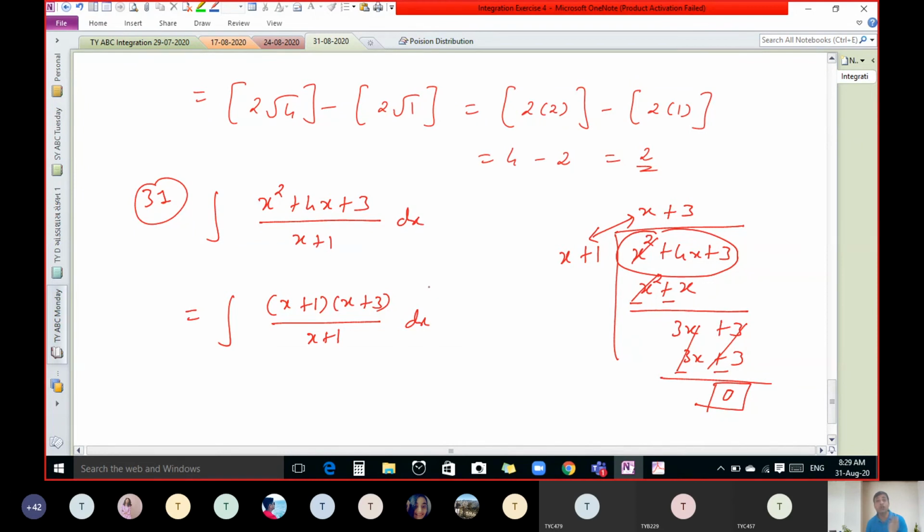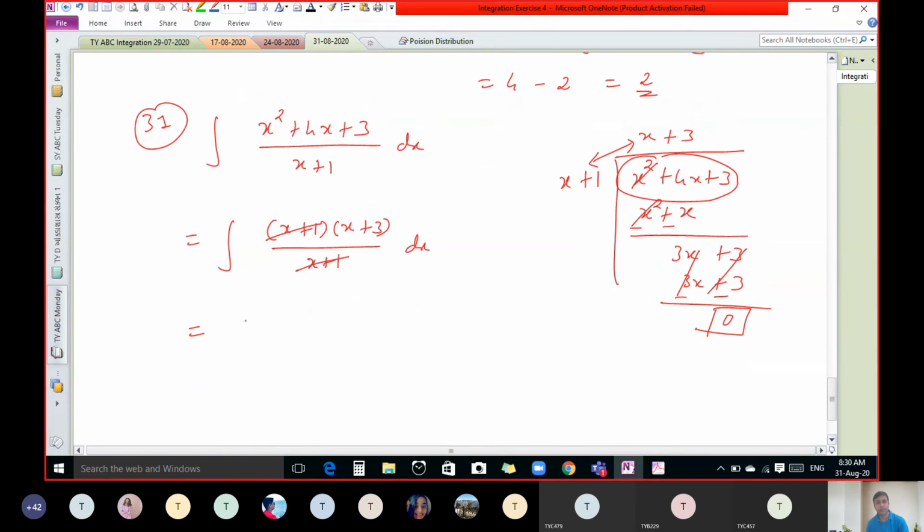So if you don't know factorization, or maybe assume our question is not exactly like this. Instead of this 3, if it is 30, in that case factorization is not possible. So in that situation you have to do the same thing. Okay, now once we get the factor, we know that these two are same, so just cancel it. So what we get? Only x plus 3. Now you have two ways. Either you use the concept of linear function, or you can take the separate integration. Both are valid. Sorry, this is only x.